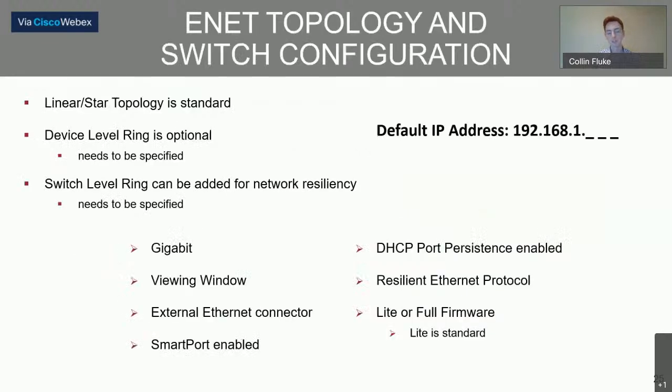Now, the topology and switch configurations in an MCC vary. So standard, an Allen Bradley MCC will come with a linear star topology. That's that home run wiring we were looking at, a single cable from the switch all the way to the unit. But there's also device level ring and switch level ring topology. These need to be specified so that we can engineer the MCC to account for this. Now, when ordering an Ethernet MCC, the default IP addresses we assign is the standard